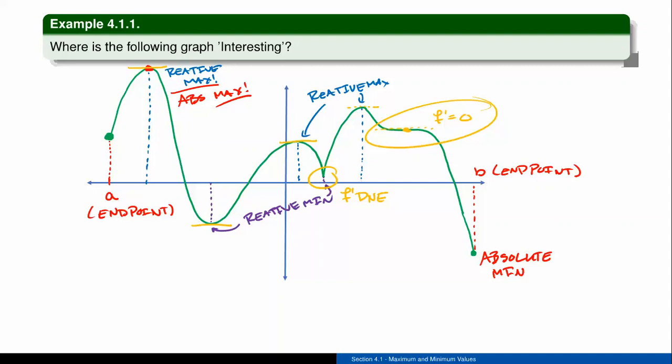What else is weird about this graph is that the absolute minimum point did not occur at one of these points where the derivative was 0. It actually occurred at one of our endpoints. And that's also an interesting situation that occurs. Sometimes a graph can achieve its max or its min just by looking at the boundary points. And that's exactly what happens in this case. I have a bunch of weird things happening, identifying this idea of a max, there's a min, there's a couple weird things that are actually